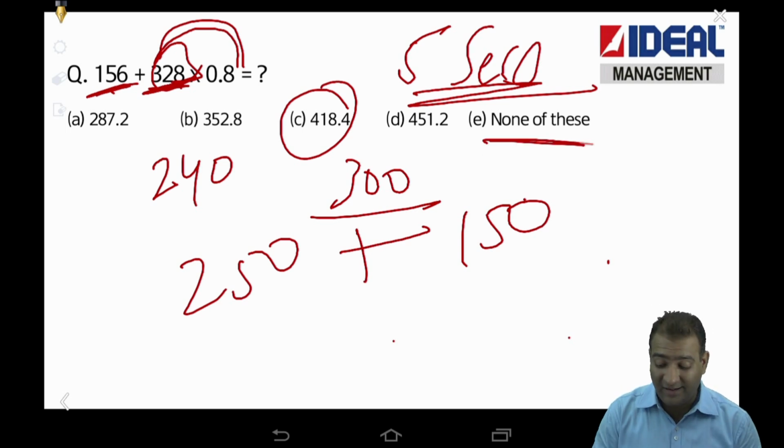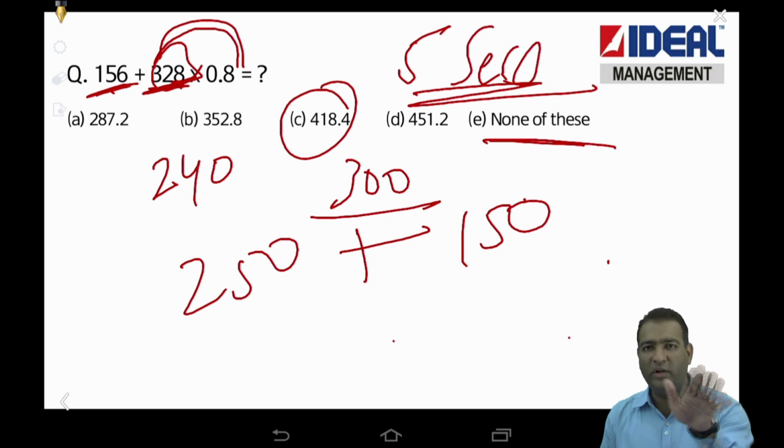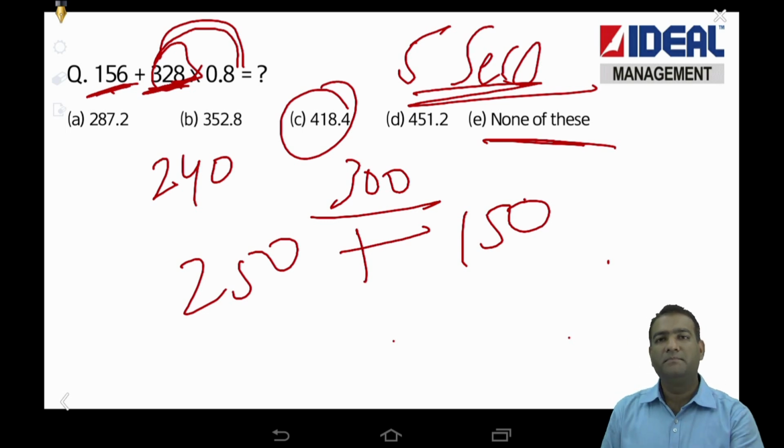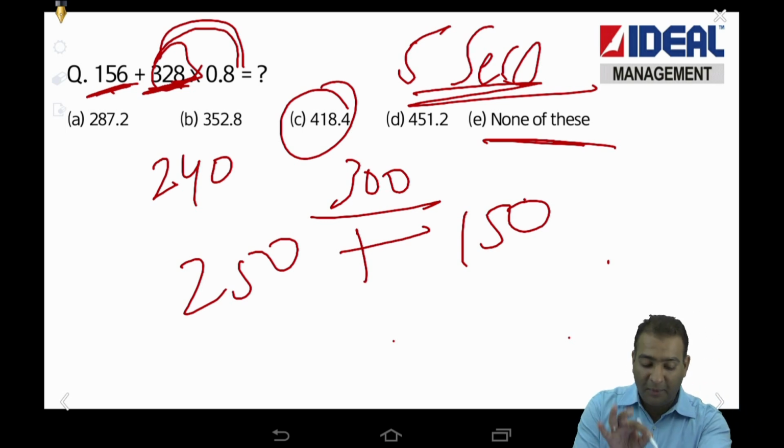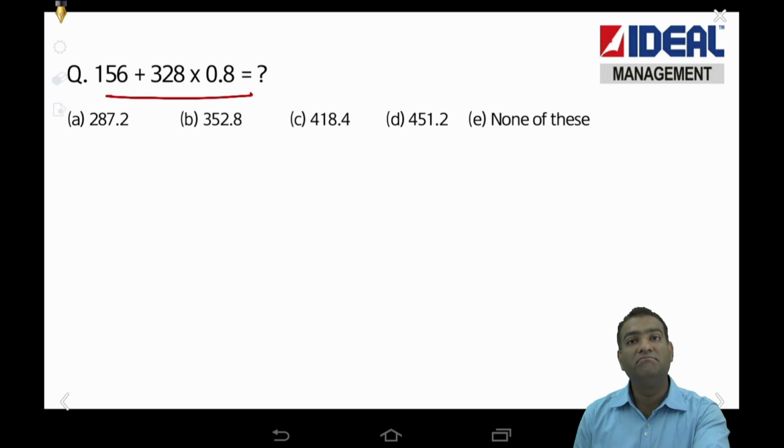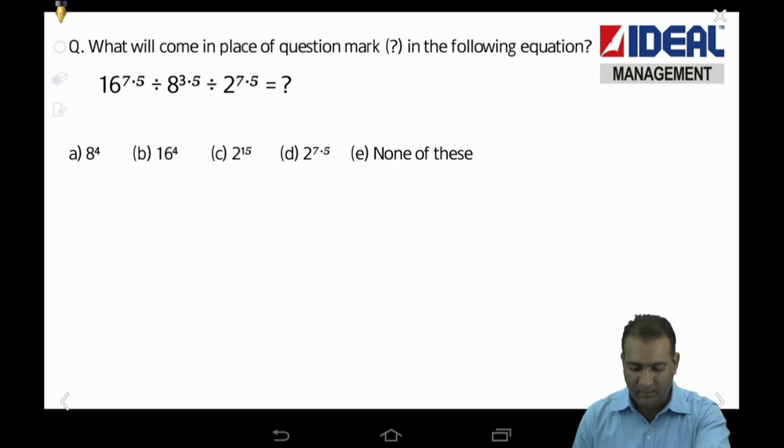Again people will say sir, none of these. If it's none of these, then calculate fully, then don't ask me. I hope you are getting this now, right? So both methods are awesome. My point is don't use the pen at all, at all. Next, yeah,